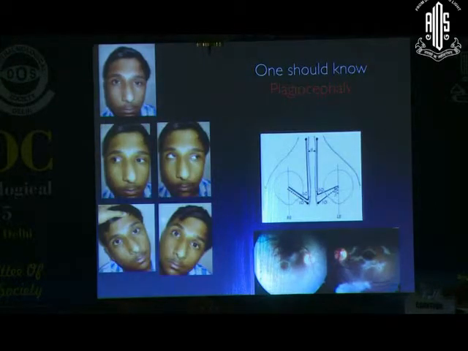So one should always keep in mind the plagiocephaly. Plagiocephaly basically is a pseudo paralysis of the superior oblique because of the underaction. Here there is a retroplacement of the superior oblique tendon, so there is desacralization and there is an increase in the angle between the inferior oblique and the reflected part of the superior oblique tendon. And so there is underaction of the superior oblique. It mimics a superior oblique palsy.